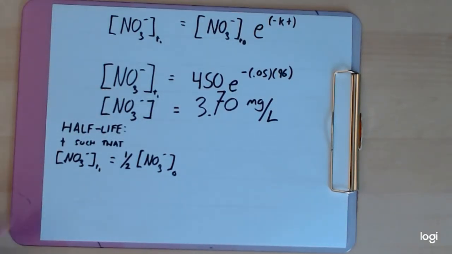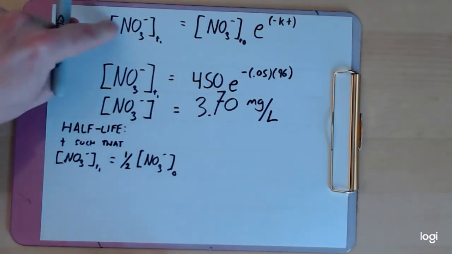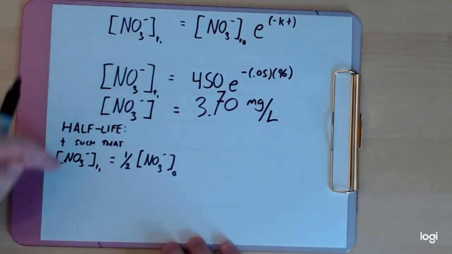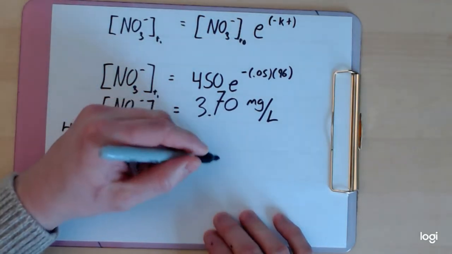So this is the amount of time that it takes for the reaction to have consumed half of the reactants. And we can just rearrange this equation to get that. So if we know that we want this concentration to equal half of this concentration, we can just say